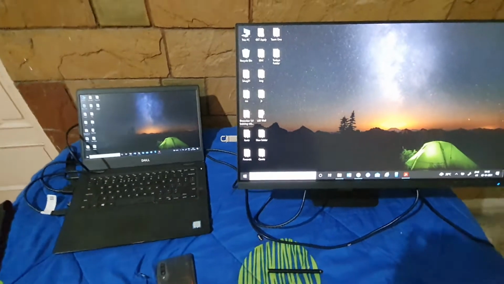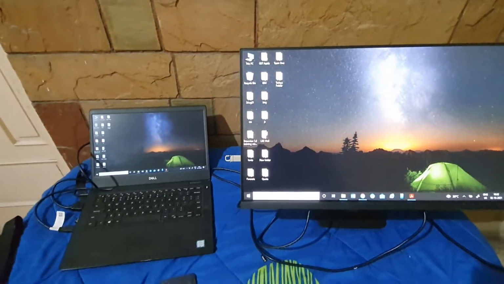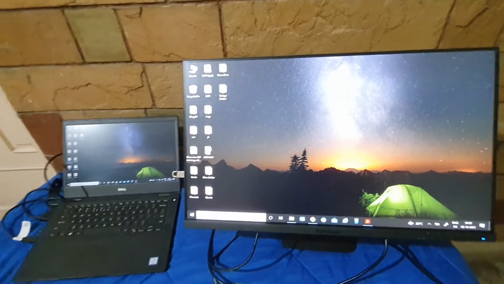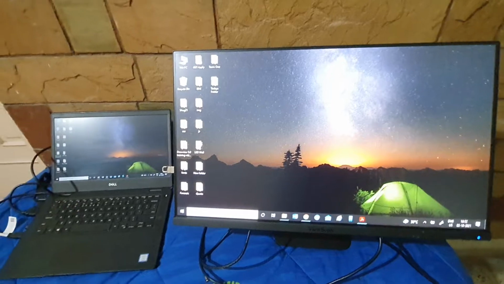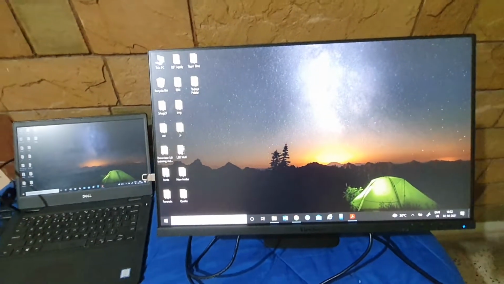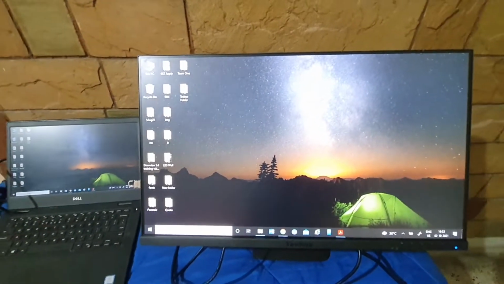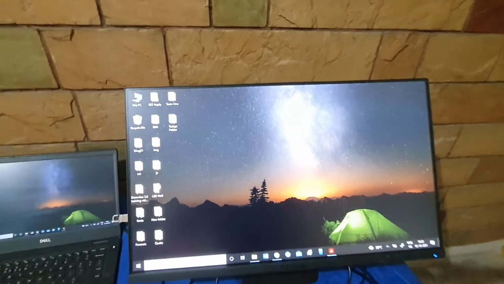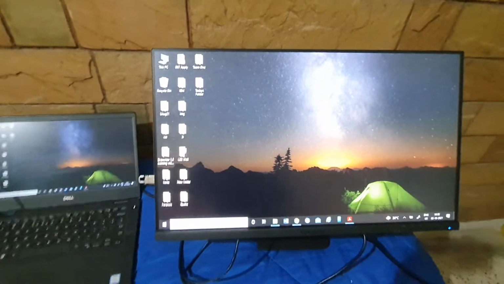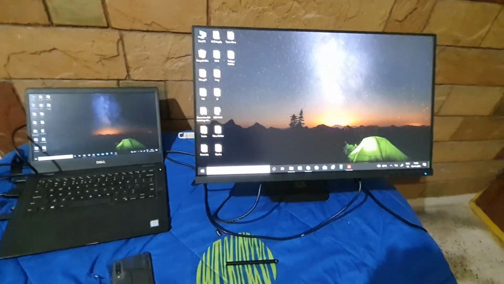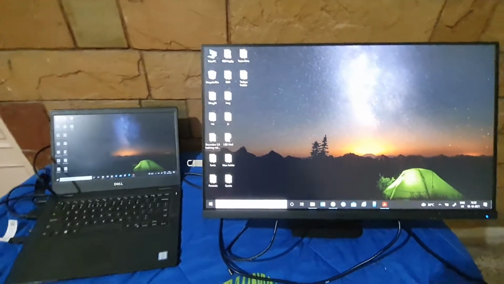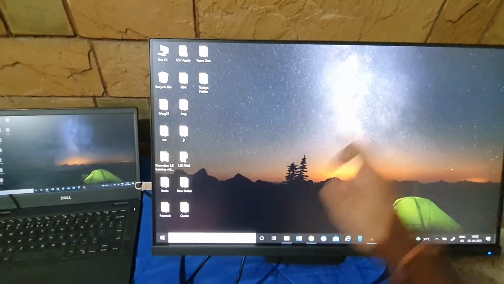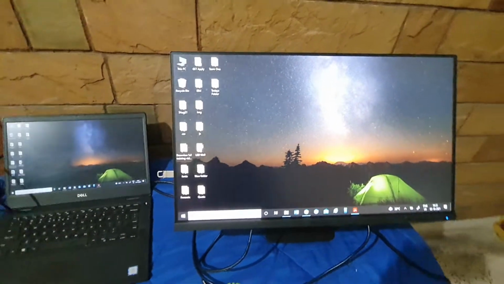Hello guys, now you can see on the screen there is a laptop and a monitor, and of course this monitor is not a normal monitor. This monitor is a touch monitor, and it's not IR, it's the new technology, P-capacitive touch. If I say P-capacitive touch, that means its touch accuracy is faster than any other touch technology, right? Just have a look at how it looks. This monitor is 24 inches diagonally. I mean, it's about 2 feet diagonally, this touch monitor.